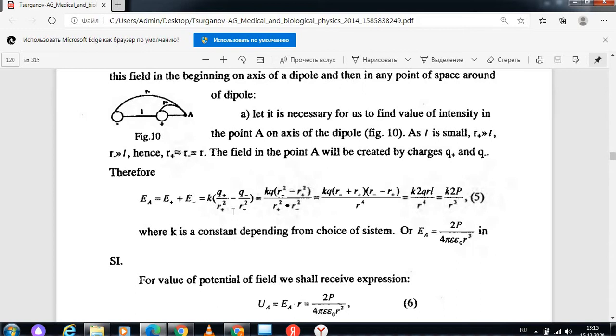We will write that we divide the amount of the charge Q plus, the first charge, by r plus, the distance to the point, squared. Don't forget that it's always squared, because r squared, the distance to the power of 2, is in the denominator when we're talking about a field. And minus q minus, the charge of the minus one, divided by r minus squared, and we multiply these